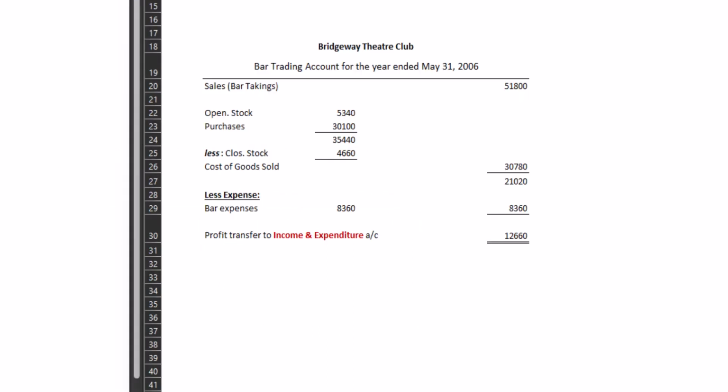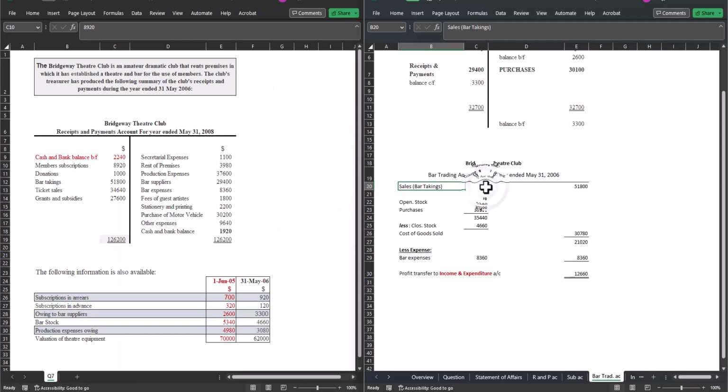Next, all other items relating to that bar fundraising event can be used to prepare a trading account. The profit or the loss from that account must be transferred to the income and expenditure account. Such a profit will be recorded as an income item, while any loss incurred will be recorded as an item of expenditure. It must also be noted that this trading account may be used for any profit-making purpose, including the sale of refreshments, drinks, and so on. Now, in our example,